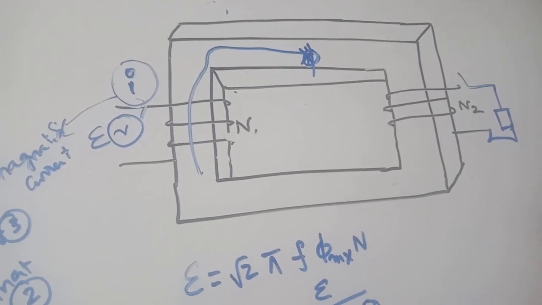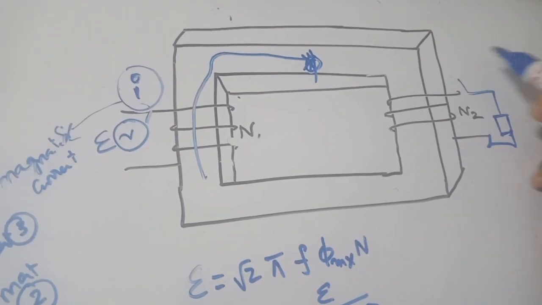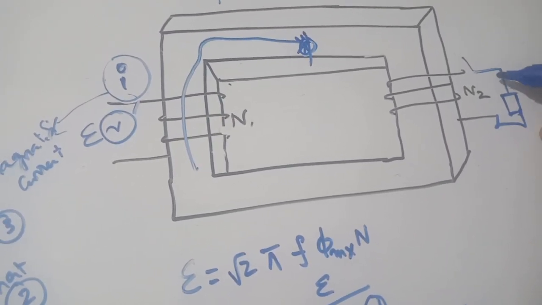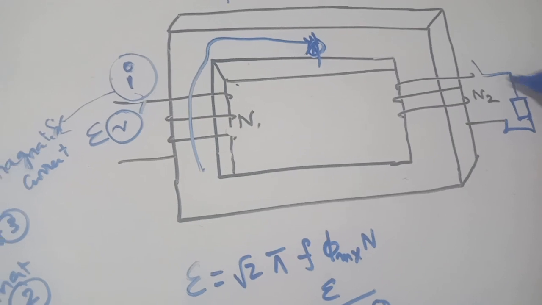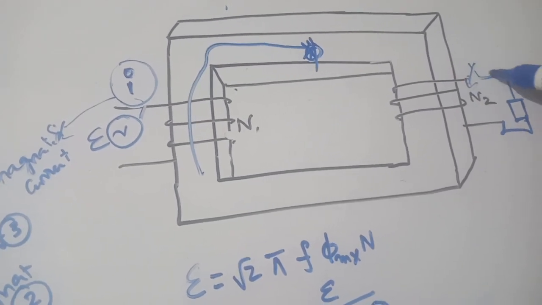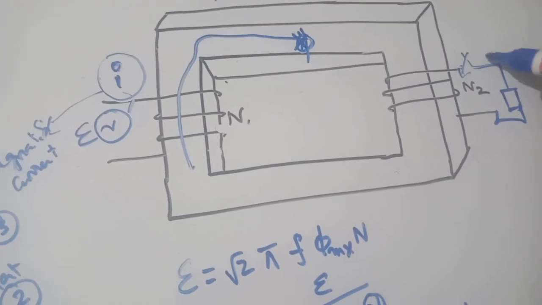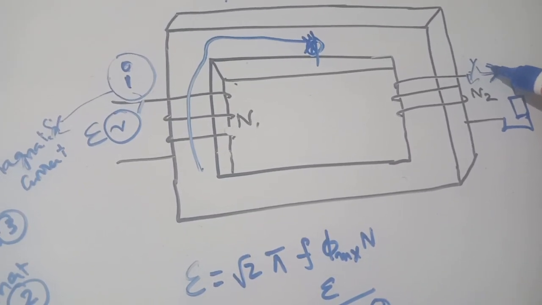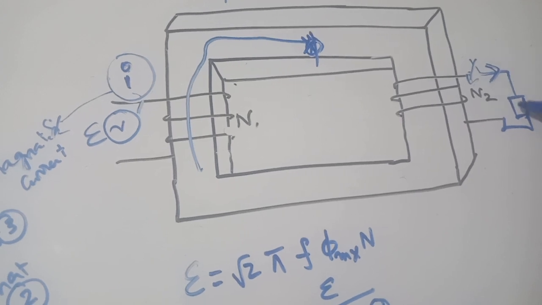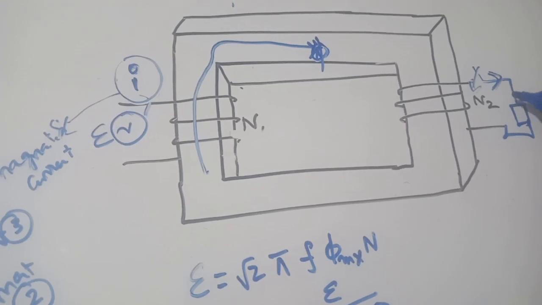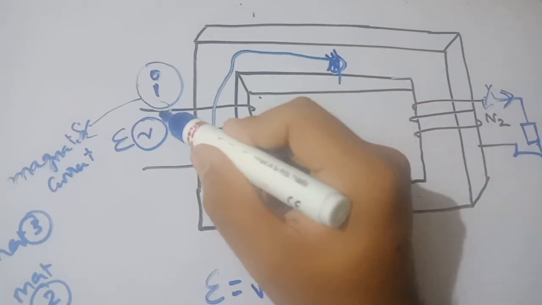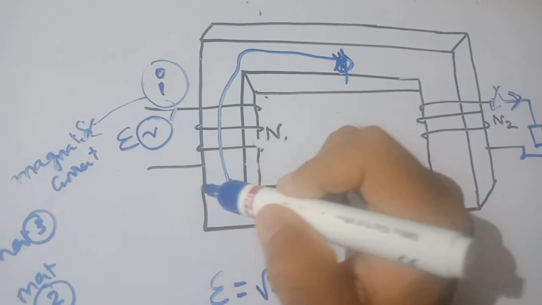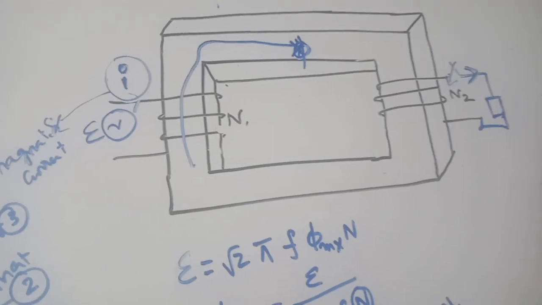In transformer principle, you would come to know that if I switch on the load and keep on increasing the load, it would obviously draw higher currents. The MMF created by this current will be compensated by the reflected current, which will be the additional current drawn from the supply side. Anyway, that is the transformer principle topic.